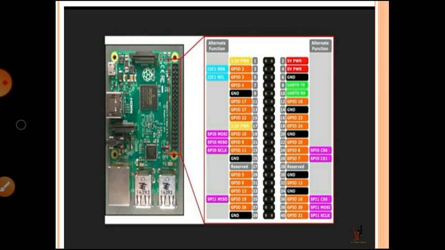Then pin numbers 27 as well as 28 are the reserved pins, and the remaining pins are the GPIO pins, which are connected with the basic functions for the operation. This is the pin description of the Raspberry Pi board.